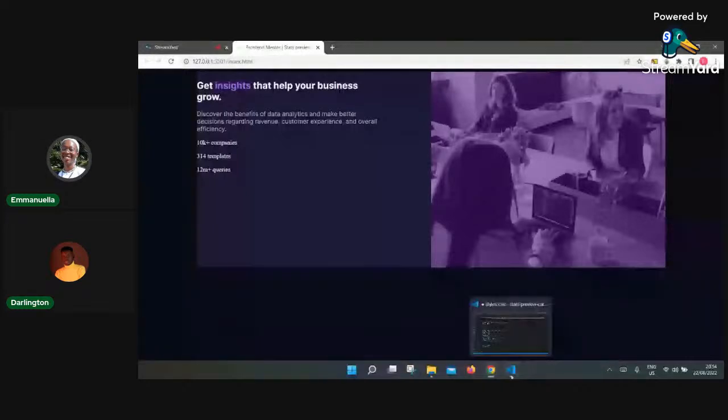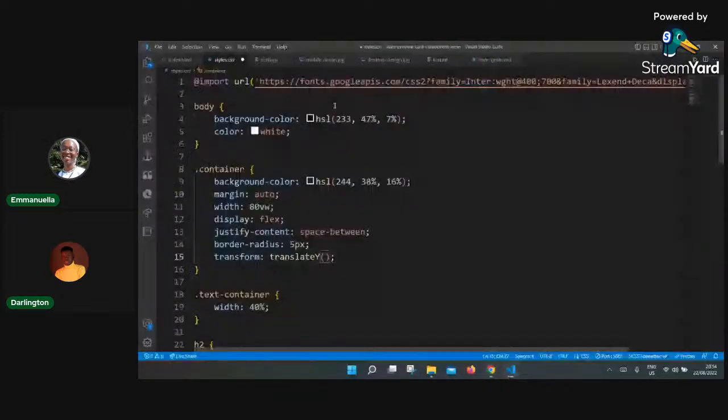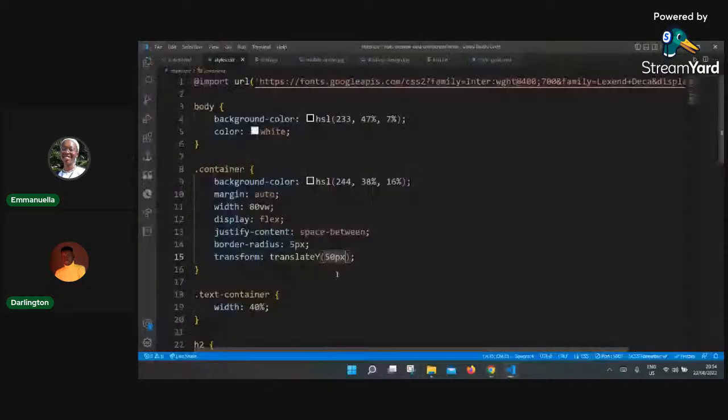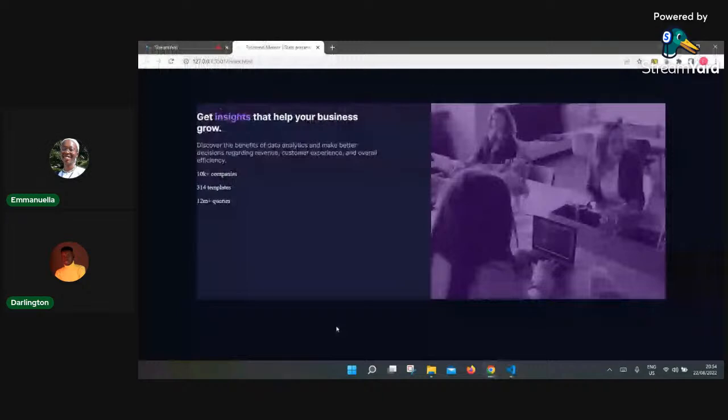Let me give it some value. Let me give it maybe 50 pixels and see what that gives us. Okay, it's coming down a bit, but I want it to actually be at the center. It has come down to an extent, but it's not exactly how I want it to be yet. I'm going to increase that a bit. Let's say maybe 80 pixels. See, okay, I would say this is good. When you look at it, you might notice that this is not exactly equal to here yet, but